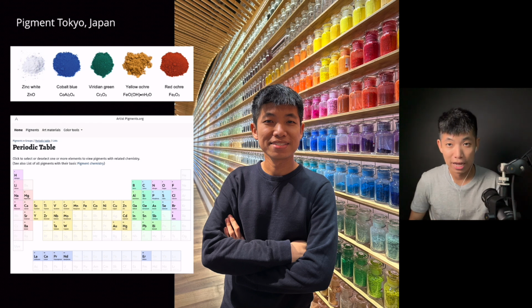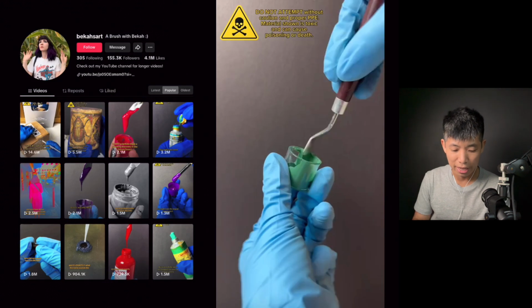If you're very interested in art and you want to see some connections to science, you can go online and search for this place called artistpigments.org, and you can see what kind of art pigments or paint pigments can be made with different elements. When you click on it, it will tell you where you can find those elements in different kinds of paints. Over here is an artist who makes paint by blending the